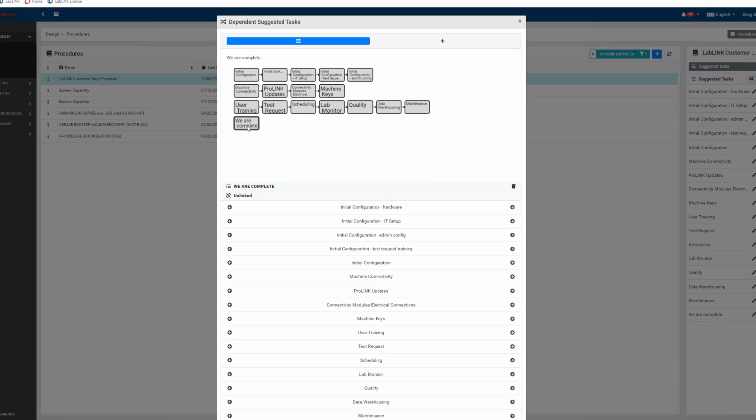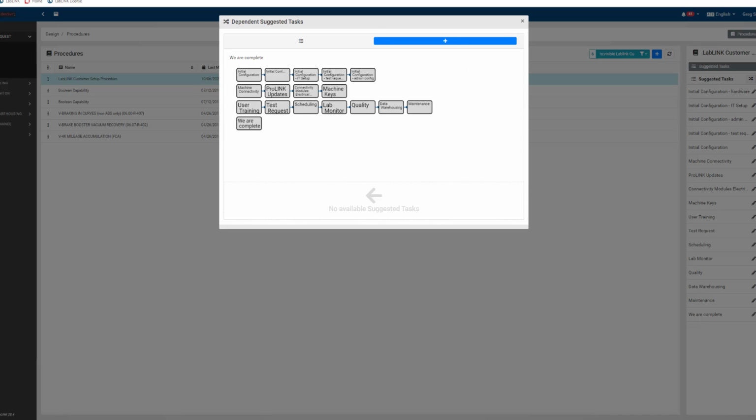Okay, and from here now, we can actually make this dependent upon any number of tasks that we would like. So if I would like to say that we will not be complete until the customer has had user training on all of these specific modules, I could pretty easily do that by linking "we are complete" to maintenance. So if I would like to link the "we are complete" task to being dependent upon maintenance here, I can